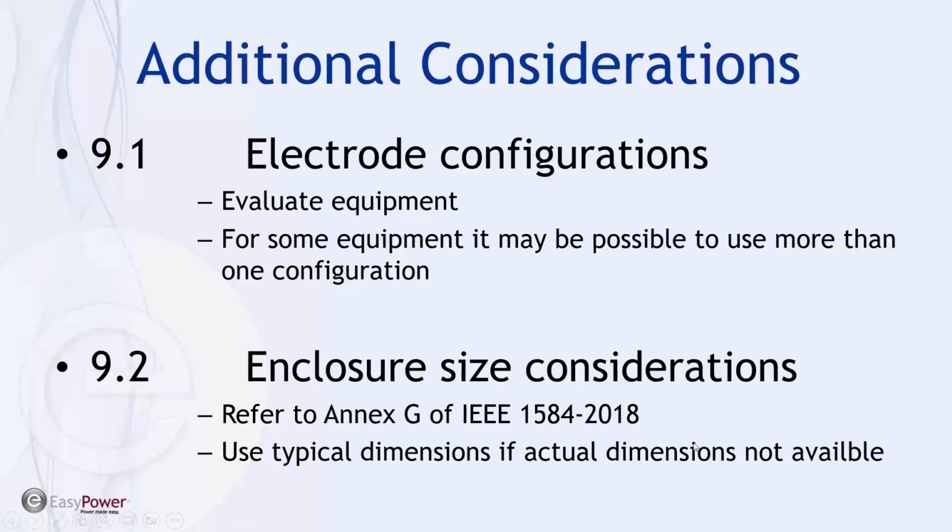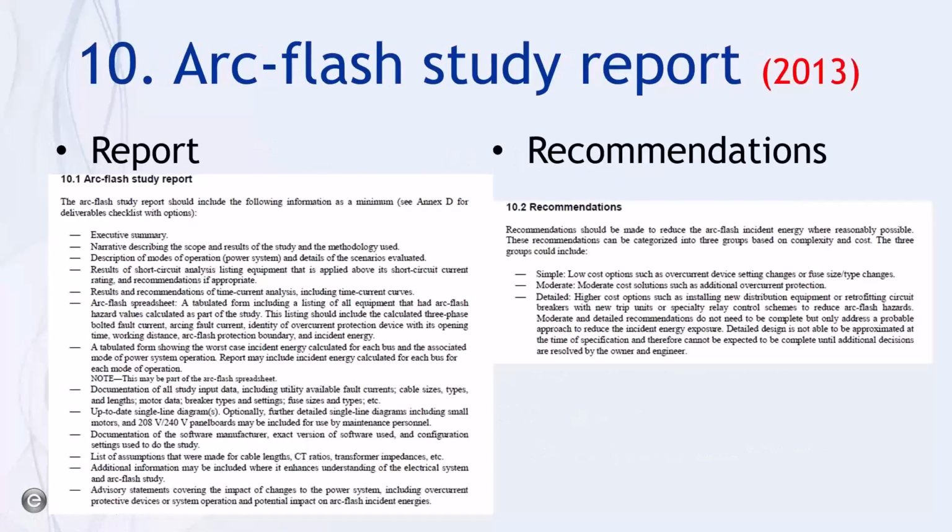Likewise, enclosure size, it refers us to Annex G of 1584 2018 and suggests that we should use the typical dimensions if the actual dimensions are not available. So not that I'm whining about it, but it's really not an additional explanation of some of the areas that we were struggling with when the model was initially released. And admittedly, the committee indicated that there wasn't going to be much in that form as far as increased information. It was more or less to align with the differences in the standard 1584 versus its predecessor,